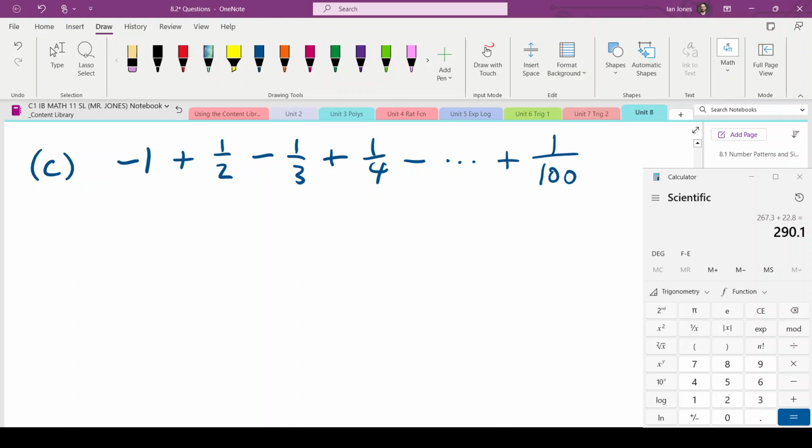The first thing that jumps out at me is this alternating sign business. Subtracting, adding, subtracting, adding, subtracting, adding, subtracting, adding. To get an alternating sign,